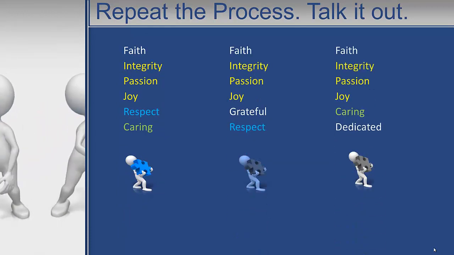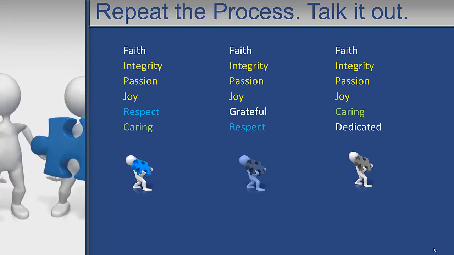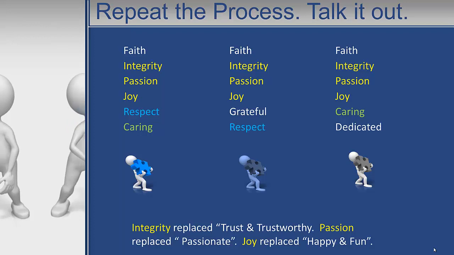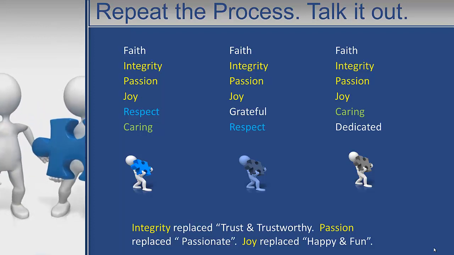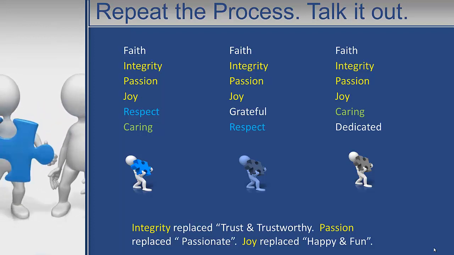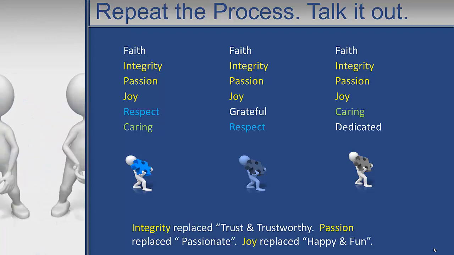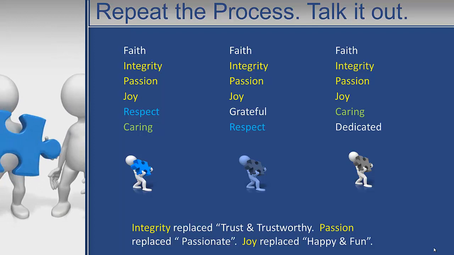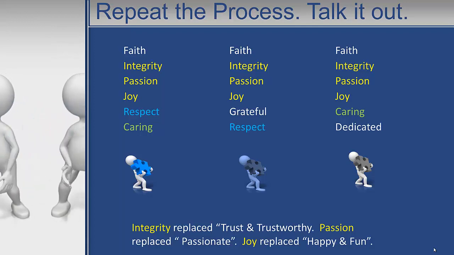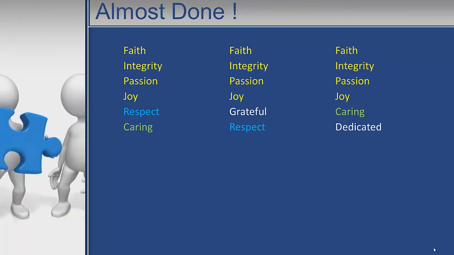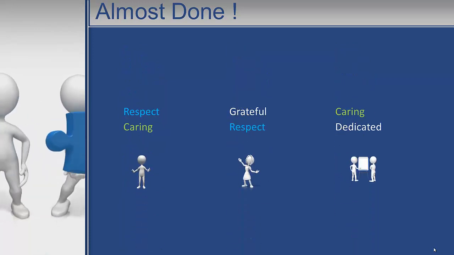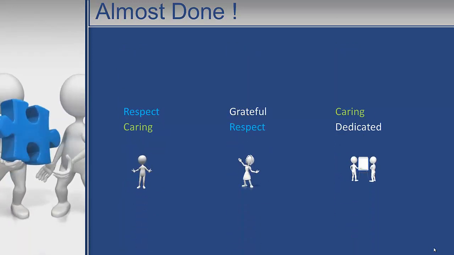And just to recap, faith was a universal choice when we first discussed it. The word integrity replaced those other 2 words, trust and trustworthy. Passion had replaced passionate, and joy replaced the other 2 choices, which were happy and fun. So we now have 4 core values. And what are we left with? Well, we're almost done. There's 4 words remaining, and we have